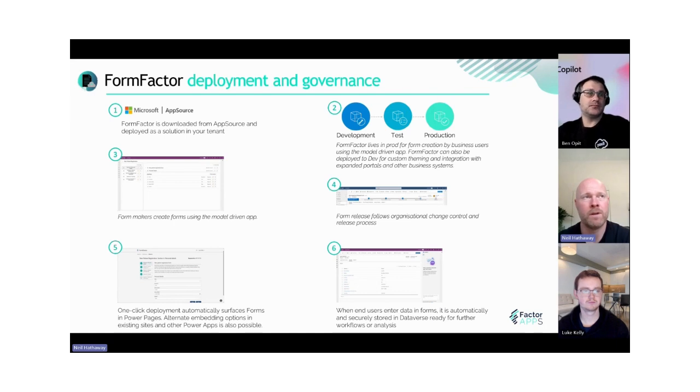So the solution lives in production for use by the users to create these forms. You don't have to keep pushing it from dev to test to prod all the time. It just sits there in production, and people can create forms. If you're into big system development, lots of integrations, you can also deploy it at the development level and integrate it in with those other applications. But the simplest and recommended pattern is we get that into production for simple and fast form creation,